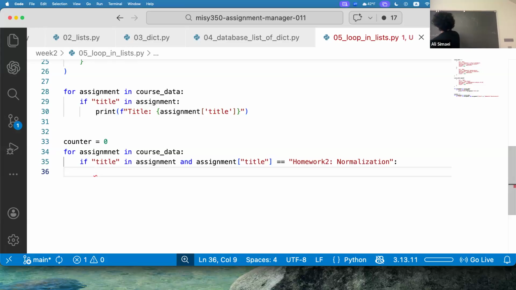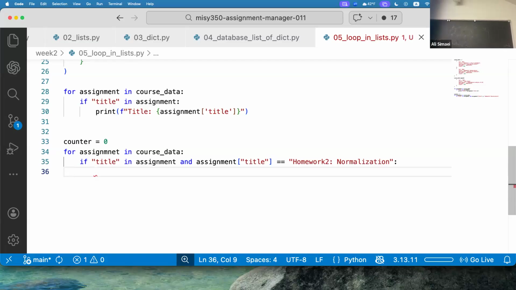So is assignment here? No. If you're going to move on, first add 1 to the counter. Now counter is 2. Is this assignment? No. Add 1 to the counter. Is this assignment? Yes. So what is the counter? Is 3. And exactly that 3. So now we have the index